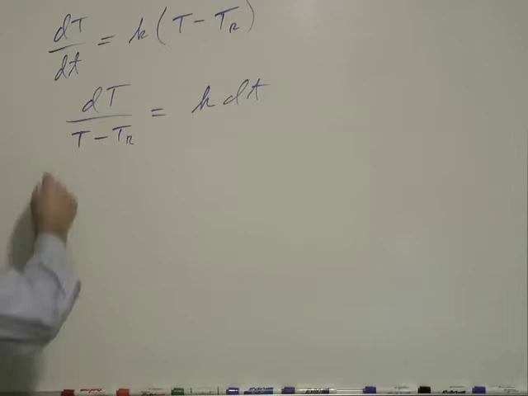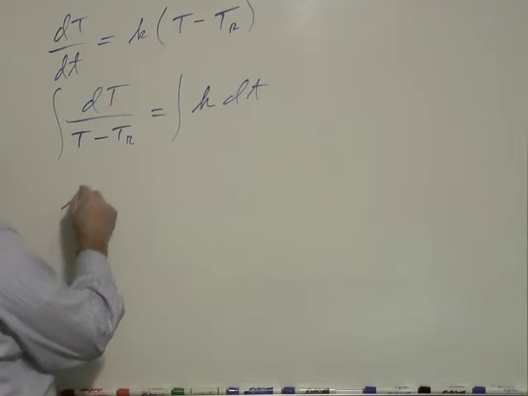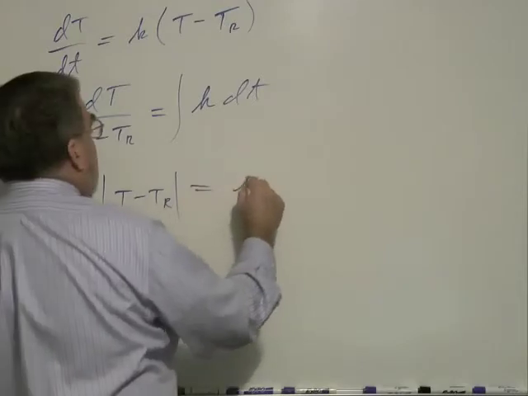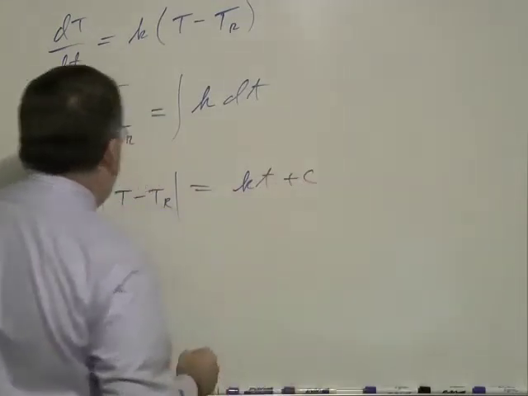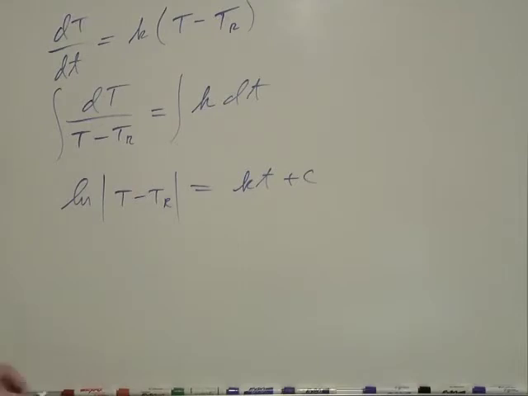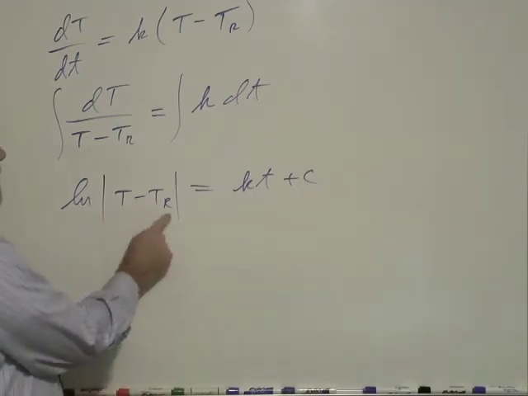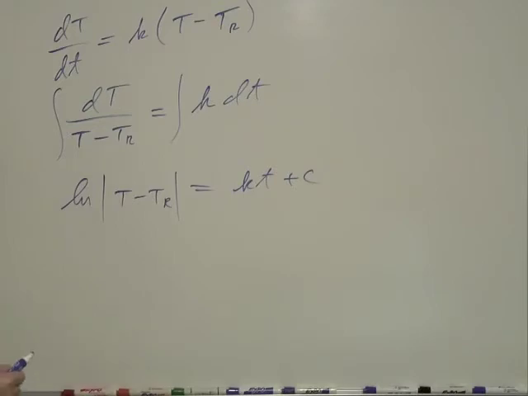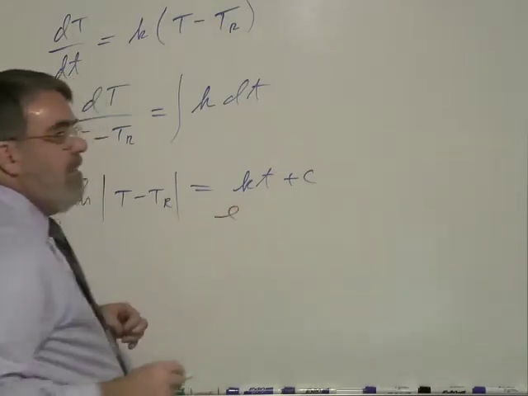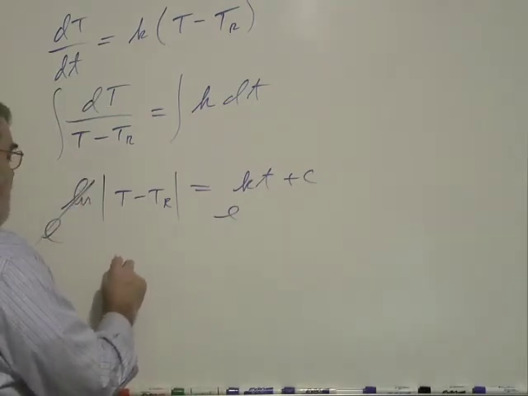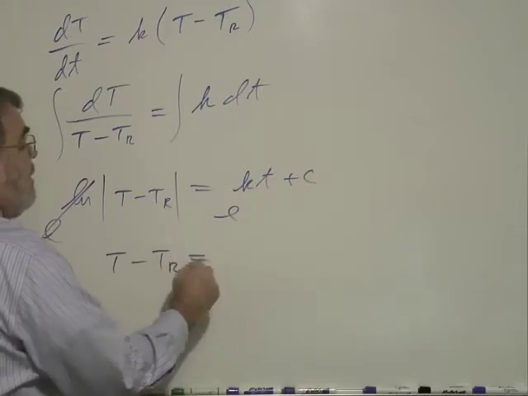And the variables have been separated so we can integrate. Here, this is a logarithmic form. It would be the natural log, absolute value of T minus TR, is equal to kt plus a constant. And we can verify that. Take this derivative, it's 1 over this function times the derivative of the function. Well, the derivative will be 1 minus 0, use the chain rule. Alright, let's raise each side to the power of e, and that eliminates the logs. So we have T minus TR equals